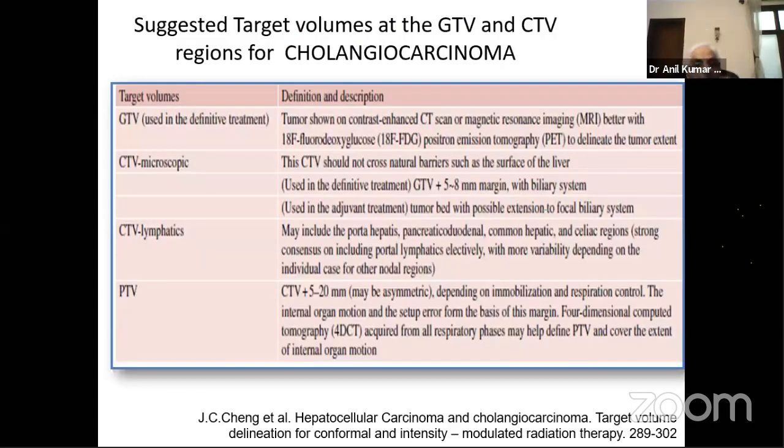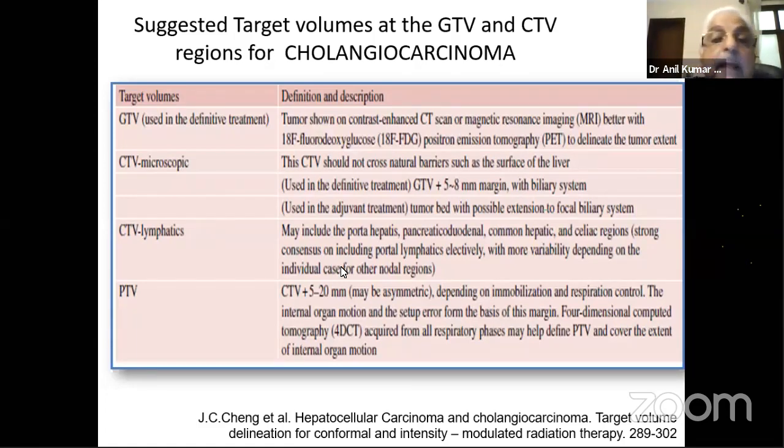So now coming to cholangiocarcinoma. Again here we use CTV microscopy. In HCC, we usually don't use CTV microscopy. You take the whole tumor with a little liberal margin. Some people take a very tight GTV, then you put CTV microscopy. But if you are taking a little liberal margin, since the cutoff of the tumor from the normal liver is not very sharp in CT or MRI, you take a little liberal GTV. So once we take liberal, it takes care of CTV microscopy.